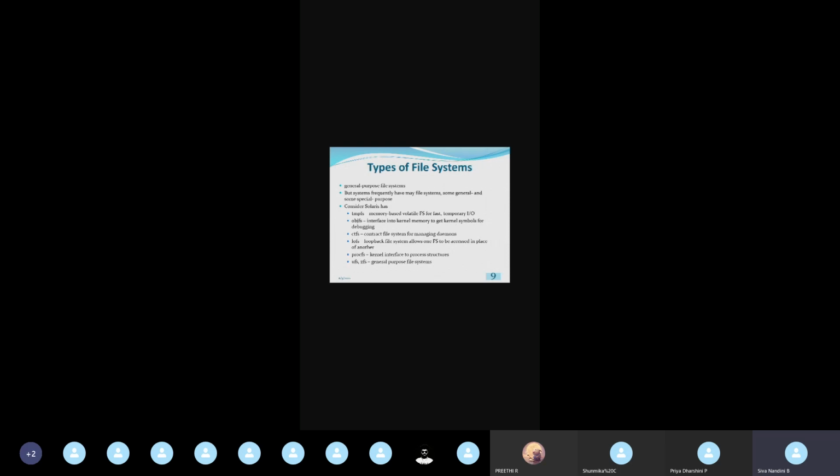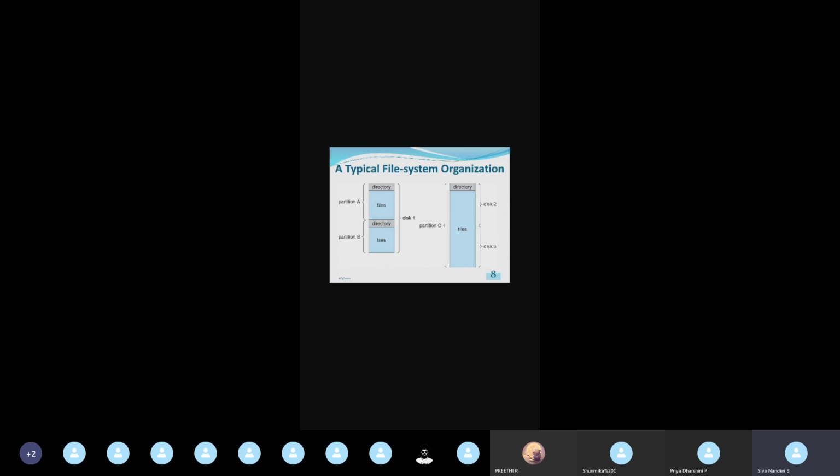This UFS file system is used in Solaris. So in our computer system, we may have special purpose file systems along with general purpose file systems. In slide number 8, you can see how a directory and its associated files are stored in the disk.